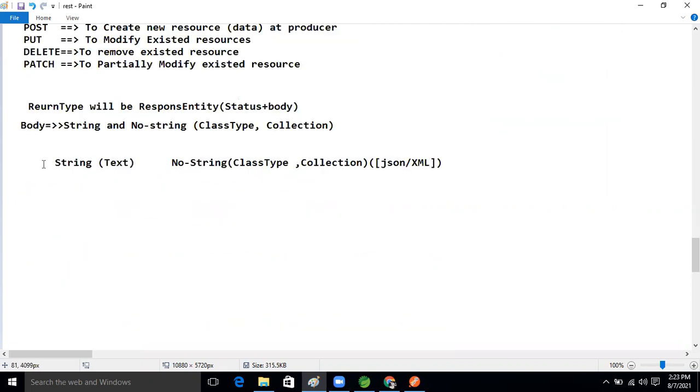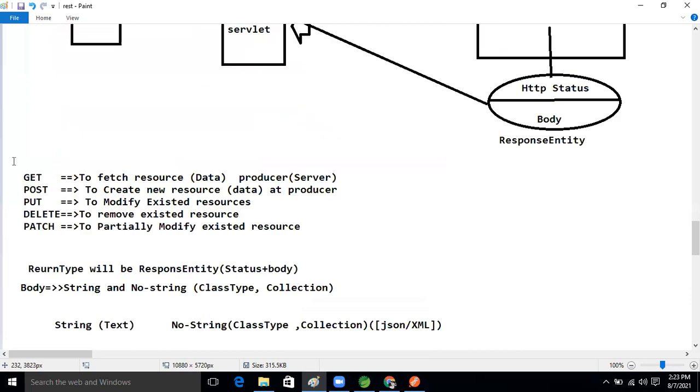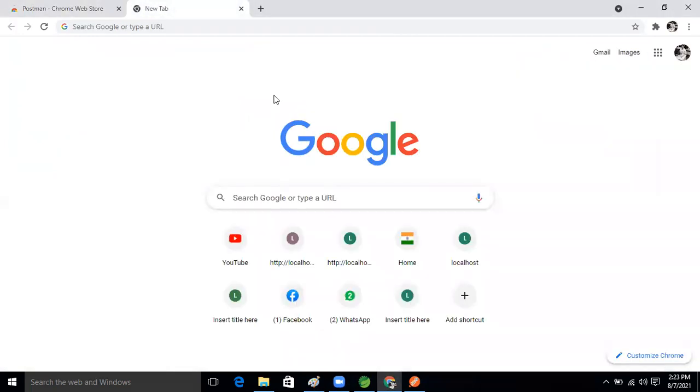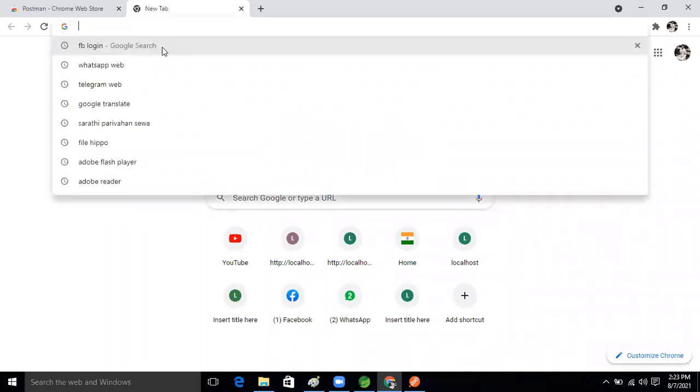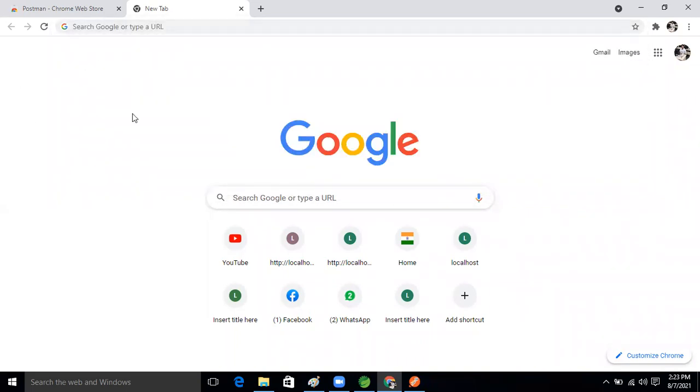String, text data, non-string data. So what are we going to do now, guys? Let's create one application based on these different methodologies. How many ways can we make a request on the browser, guys? Anyone can remember from Spring MVC, which I already explained? Yes, 3 ways: URL, form submission, and link. Using a form we can make get or post, both types of request.